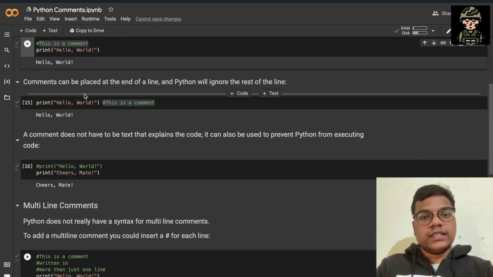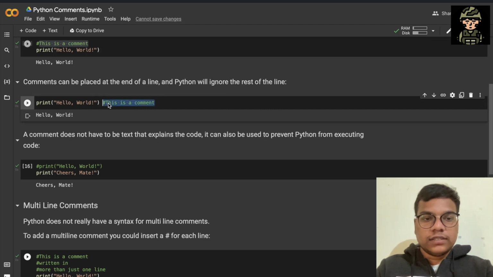Comments can be placed at the end of a line and Python will ignore the rest of the line. So as you can see, we can also put a comment at the end of the line. When you are going to explain what this particular code is doing, you can just put your comment here. So you can see